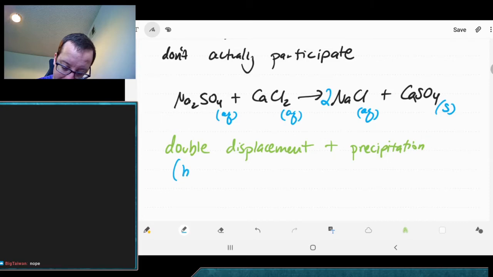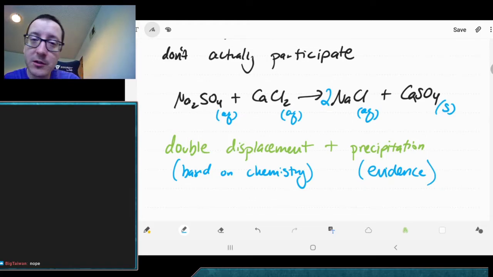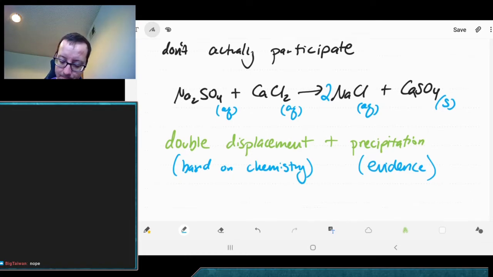This is based on the chemistry, and this is the kind of evidence that this reaction took place, that it is a precipitation. So if we look at this more closely,